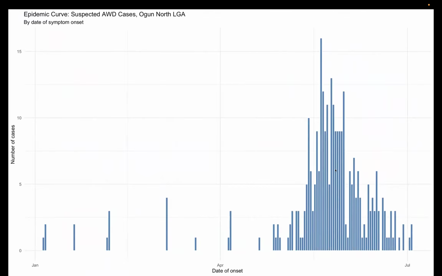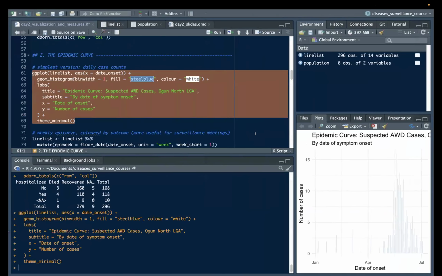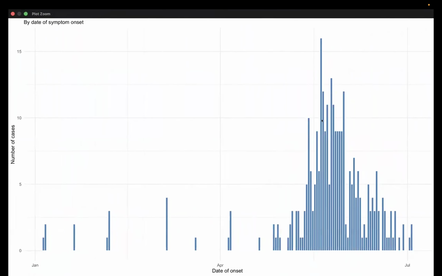You can see that we have a peak. That means cases were actually high around this particular period. So this is just how a simple epidemic curve looks. Someone might wonder, why is it called a curve when we're seeing bars? The thing is that you can draw a line in this place. That line shows the distribution of how the disease has been progressing. That line is going to give you a shape. If you draw a line here, you're going to get a shape. So that place where you see that it is very high, that is actually the